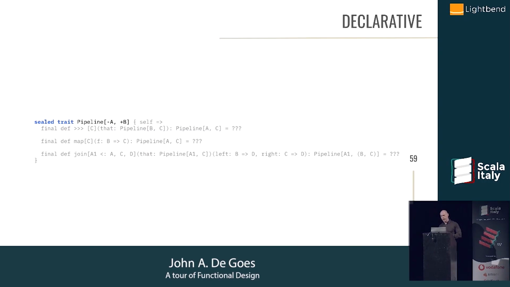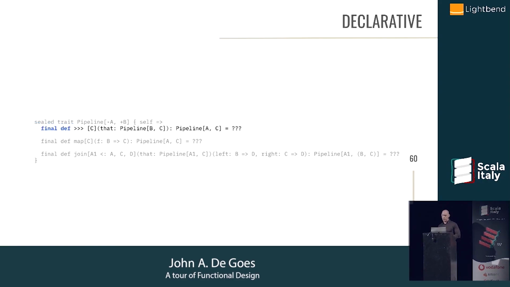We'll start off with a pipeline here, a data type called pipeline, that can be viewed as a transformation from some number of A's to some number of B's. It is not specified here any other details than that. All other details are irrelevant. The only thing we care about is this is a pipeline that takes A's and produces B's. That's it. We don't want more details. Details will just get in our way and cause us to have too much structure that's hard to reason about and hard to figure laws out for.